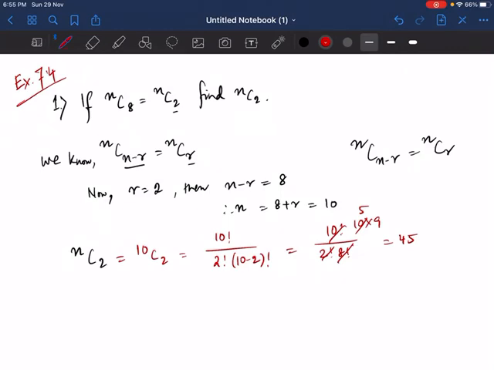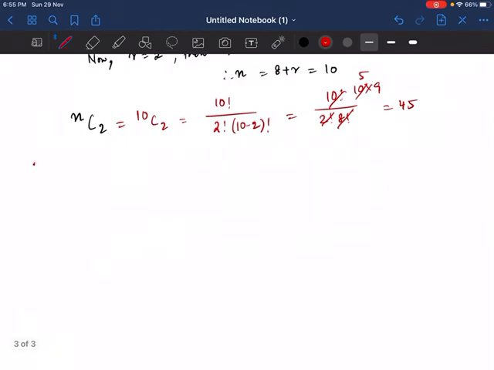Okay, now let's do the next question, question number 2. 2.1 will be homework. So 2.2 is: 2nC3 divided by nC3 is in the ratio 11 is to 1. So they have given you this, and you need to find the value of n, determine n. So how am I going to do it? I'm going to write this as 2nC3 divided by nC3 is equal to 11, since 11 by 1 is the same as 11, right?